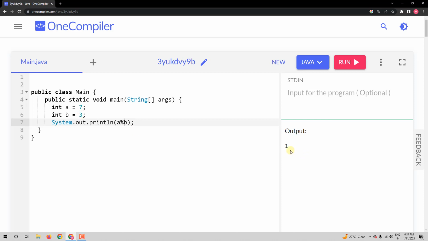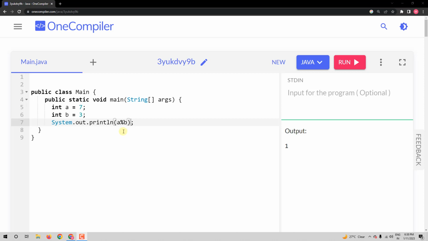And that can be obtained by using the percentage symbol. These plus, minus, star, forward slash and percentage are called arithmetic operators. There are a few others, but let us not learn those. Next, we'll learn about